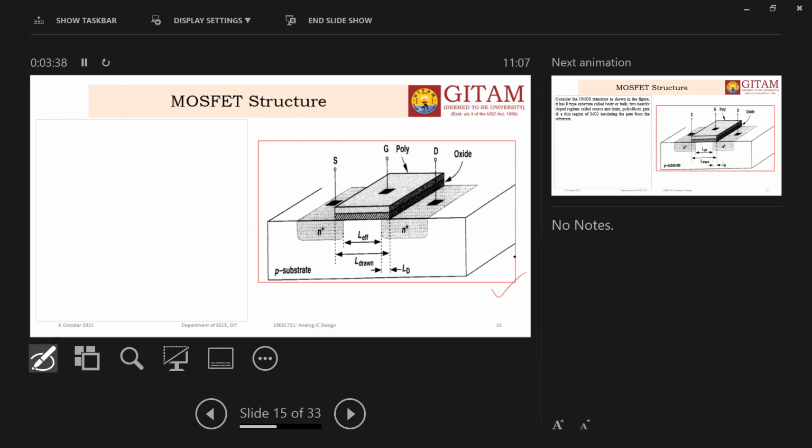As shown here, L drawn is the length of the gate. Ideally there should not be those extensions, so the channel length and the gate length are both the same. That is L drawn. But whenever you are creating the source and drain, definitely you should take the